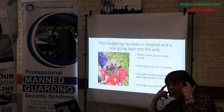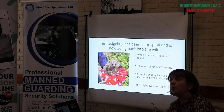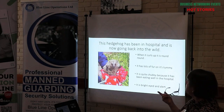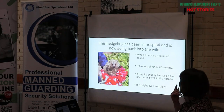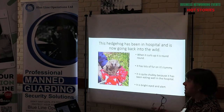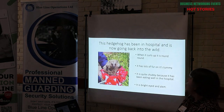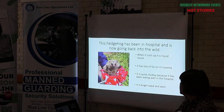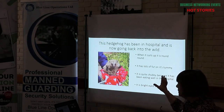They have, especially adults, a cognitive map of where they were before they went into hospital. So there's an adult hedgehog there going back to a garden in Thriplow. It's round when it curls up. It's got lots of fur on its tummy. It's quite chubby, obviously, because we've been feeding it in hospital. It's been eating well, it's bright-eyed and it's alert. Okay, fix that in your mind